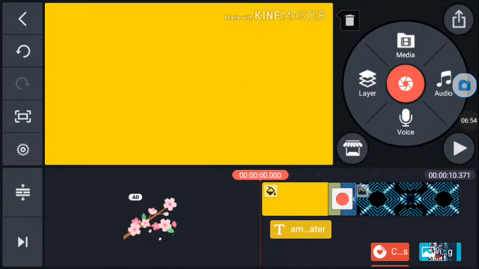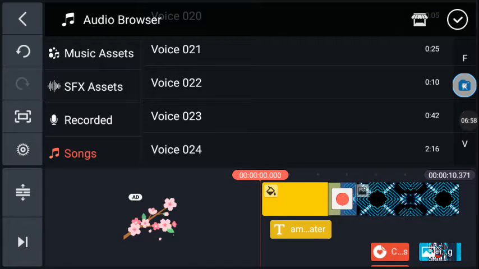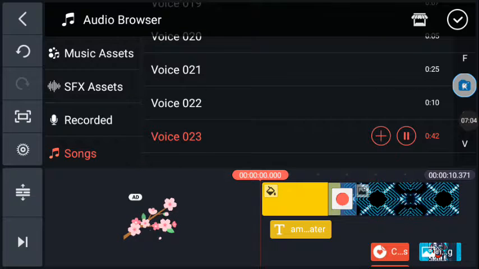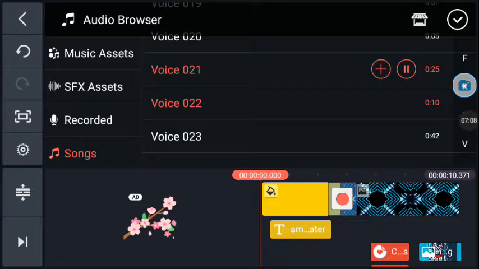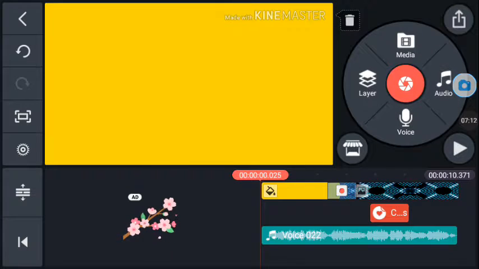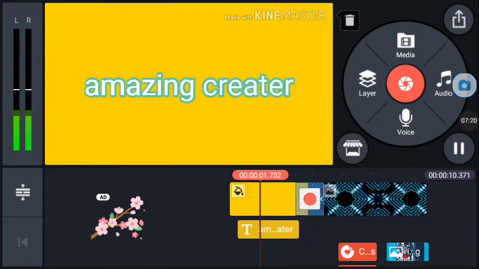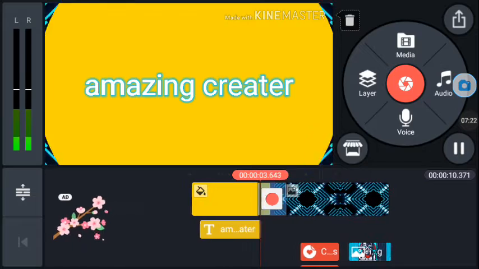So friends, if you want to add any intro music, you can download that or record it. You can add this type of music also, friends, if you want. You can even add an intro music. In Chrome, you can search for that. Now we can add it like this, friends. You can add music like this.